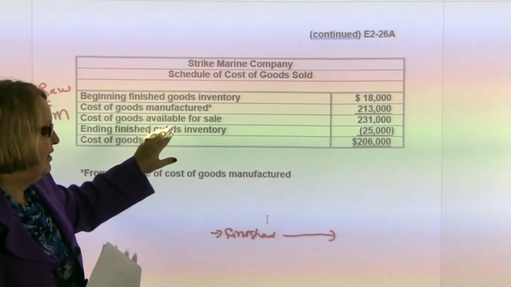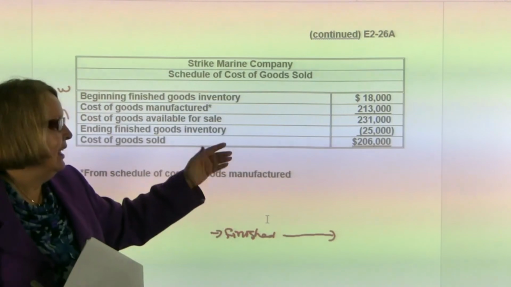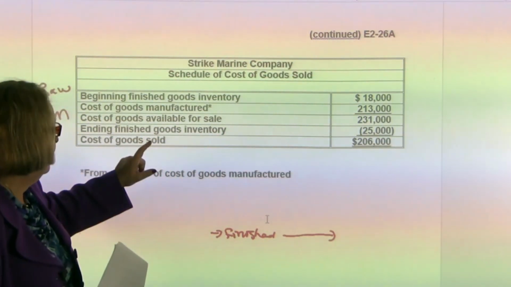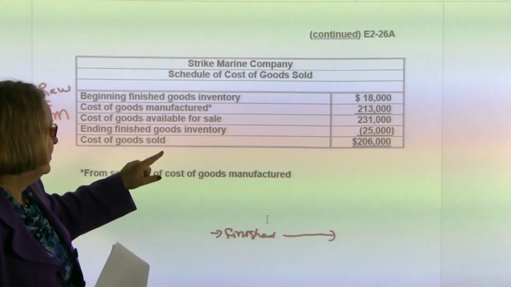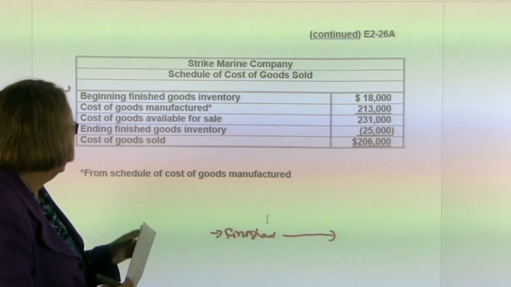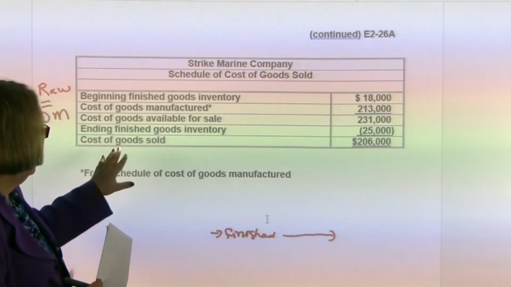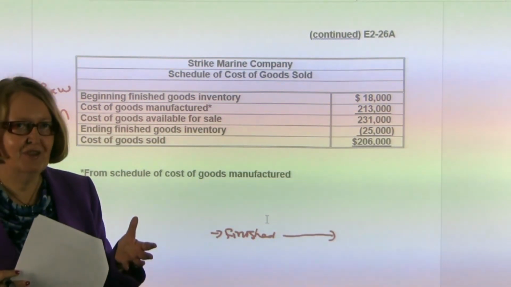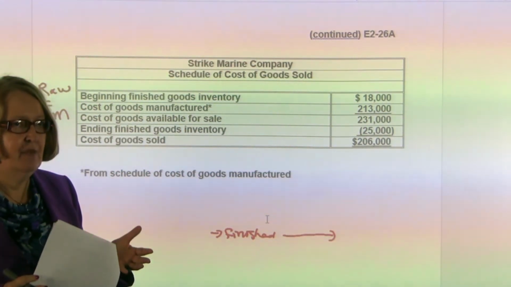We know we've manufactured what we just calculated, $213,000 worth this year. So the total goods available for sale is $231,000, and you are given your finished goods inventory, so you know you had left $25,000,